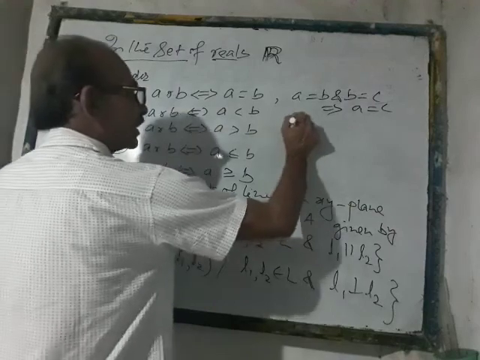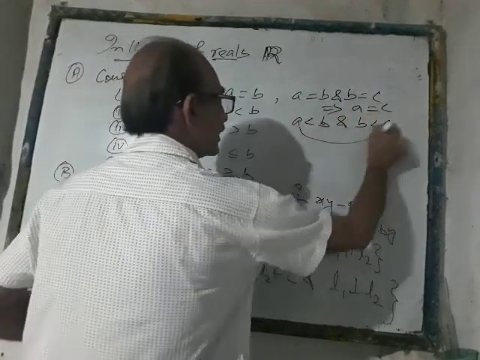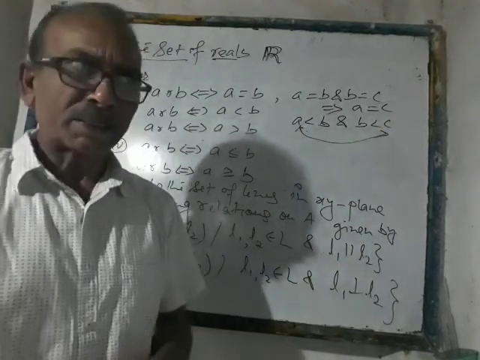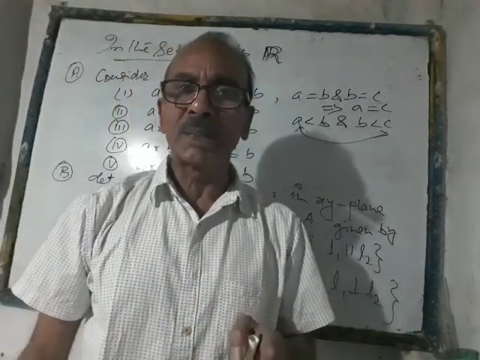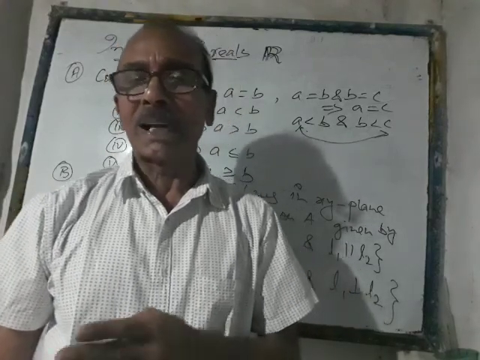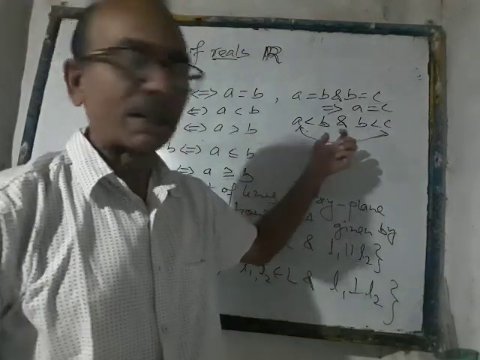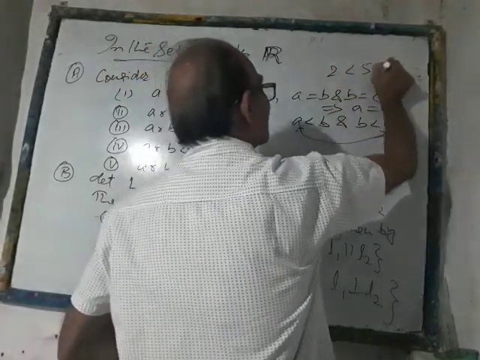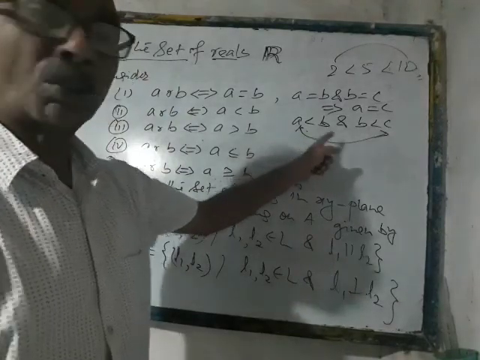Same logic can be given like this: A is less than B and B is less than C. Naturally, A will be less than C, because if I say, taking age into account between 3 persons, if Ram is less than Shyam and Shyam is less than Mohan, according to their age, then naturally Ram would be less than Mohan. So the same concept we have used for the real numbers also. So if suppose 2 is less than 5 and 5 is less than 10, naturally 2 is less than 10. So this also holds true.